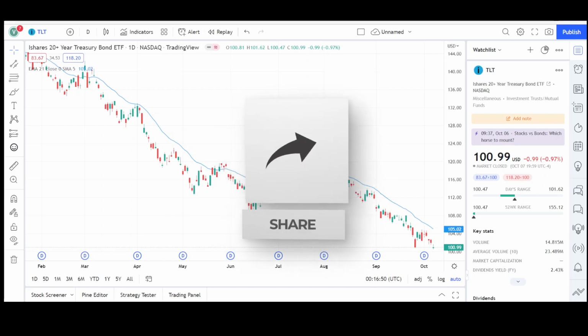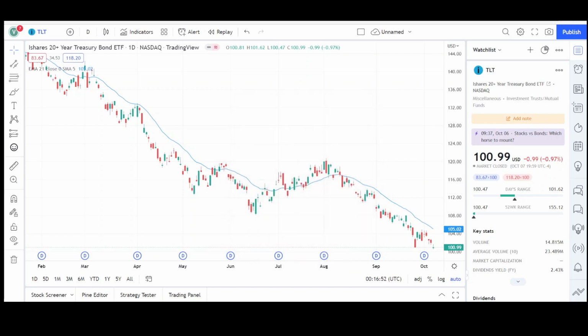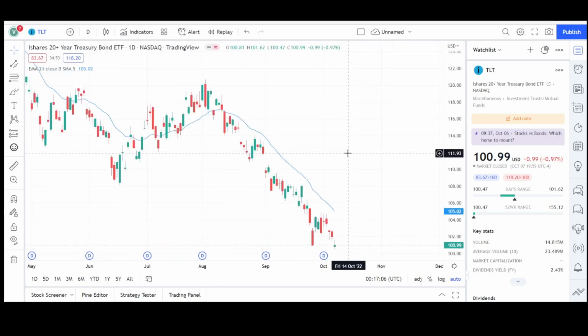This video is for entertainment purposes only, does not constitute any financial advice. I will first go over what I see in the daily chart and finish the video off with the weekly chart. Here we have the daily chart for TLT, and I'm going to zoom in on the price